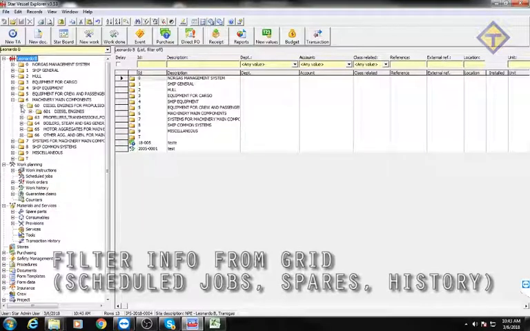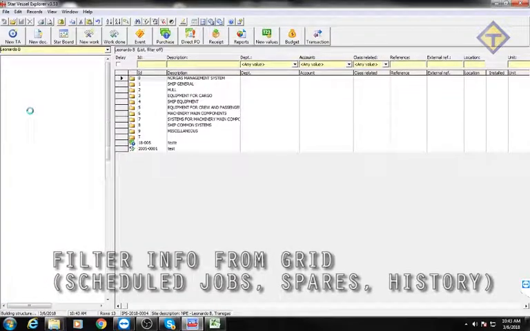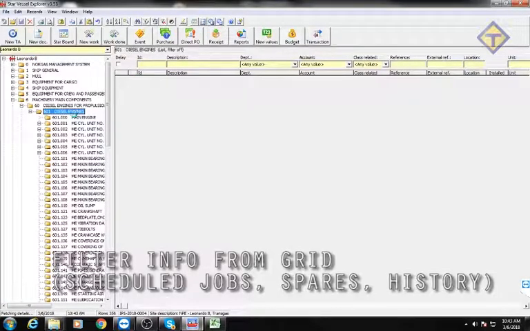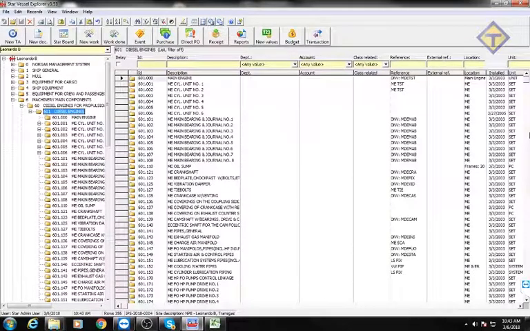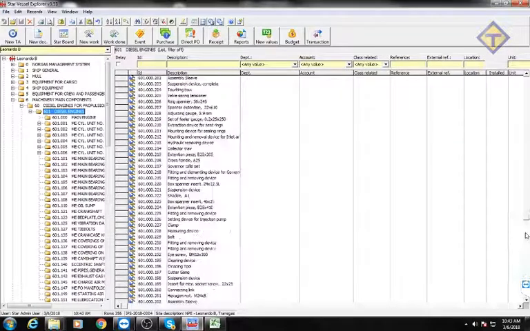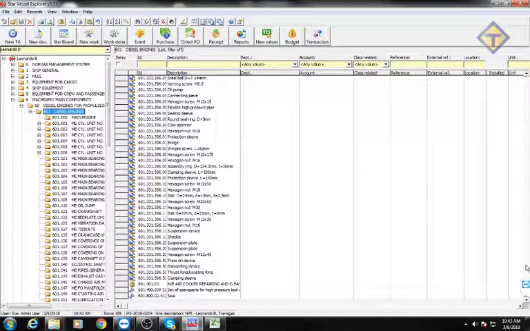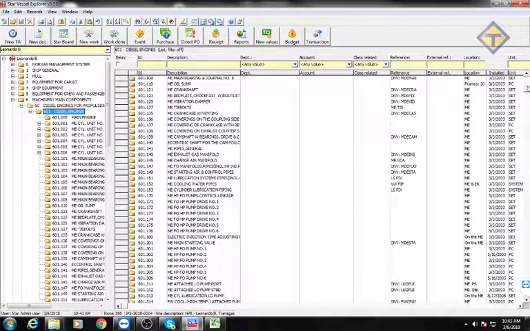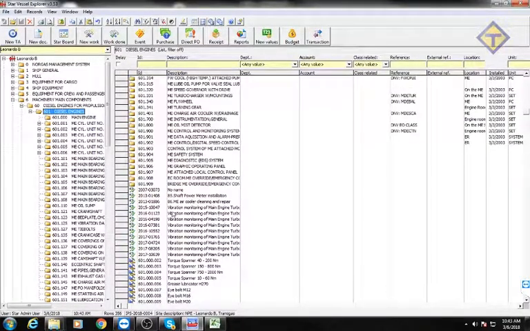Here, for example, I have my main engine, and I have 1,000 information here. I have tools connected. I have consumables. I have spare parts. I have histories. And if I'd like to see a specific information, I can just click on the equipment, go to the view